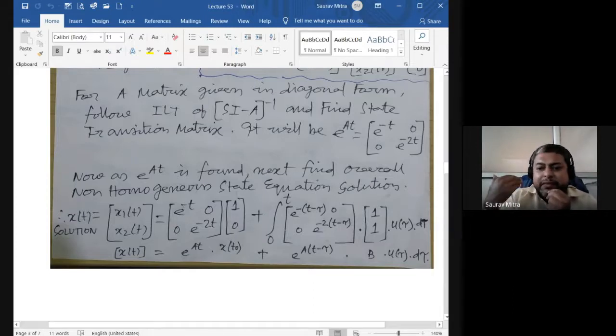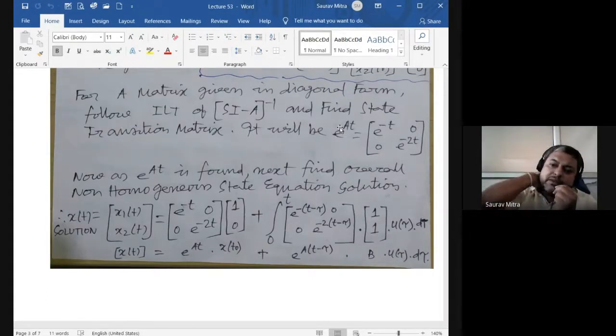Okay, so as I have told you all those things, I'm doing the numerical, I'm running out of time, so this step I have not done, but we have done enough numerical on how to find e raised to AT. So you can try those, and you will come to this very important, significant conclusion. That is how to find e raised to AT. So e raised to AT is e raised to minus t and e raised to minus 2t.